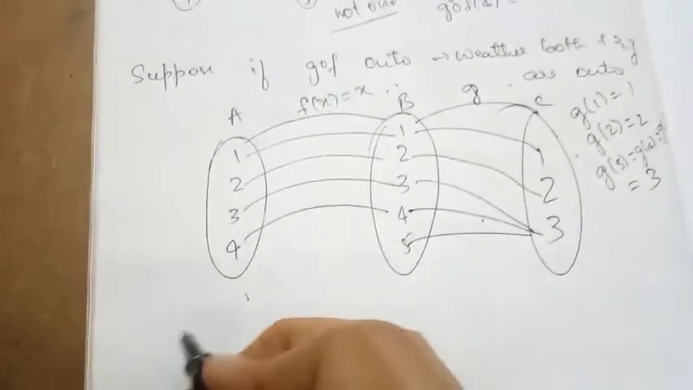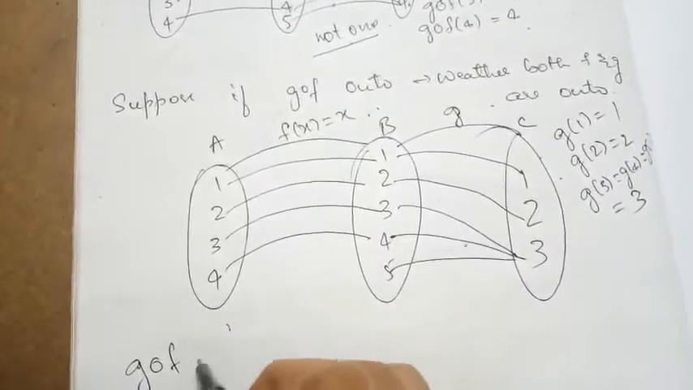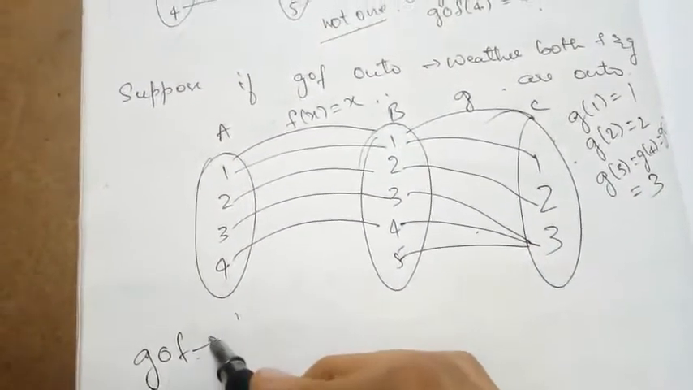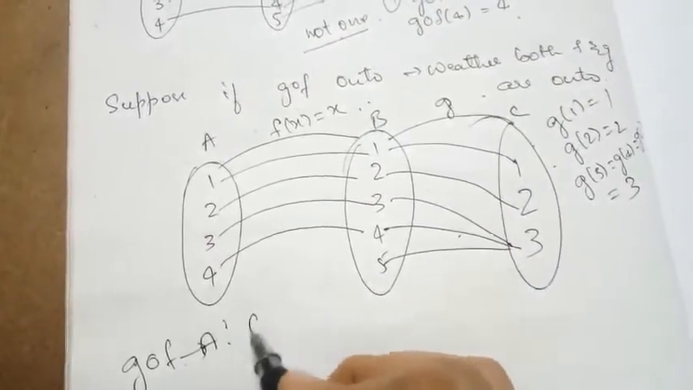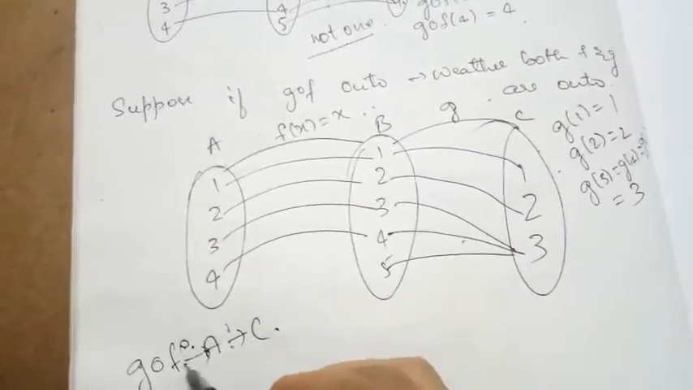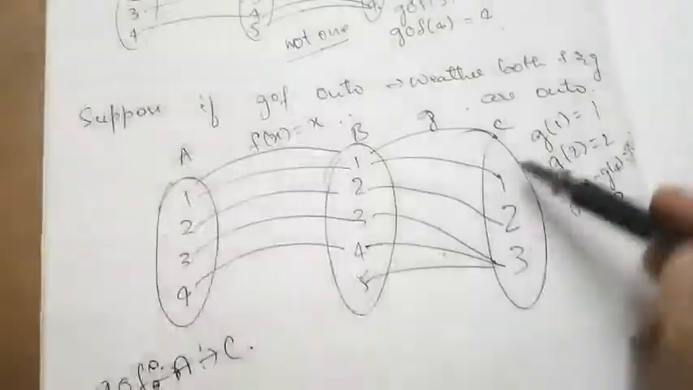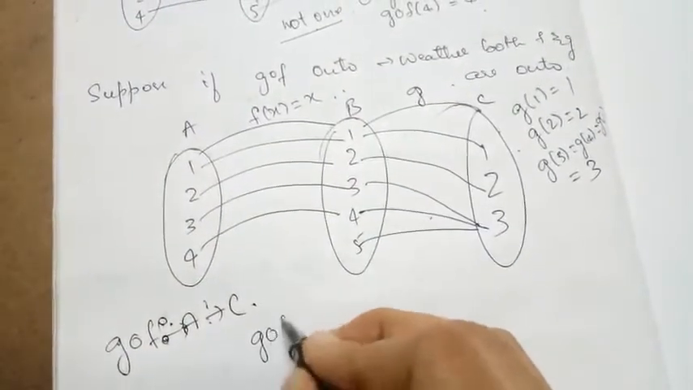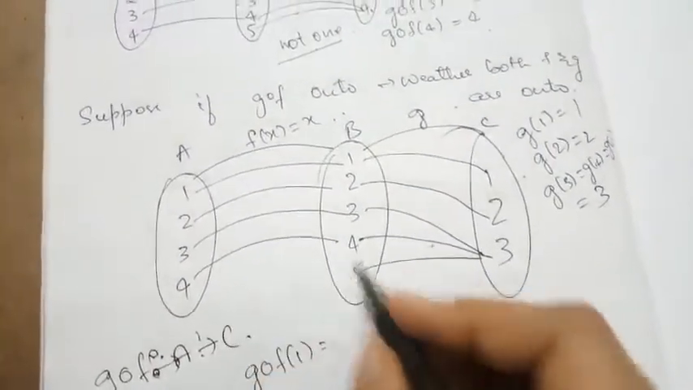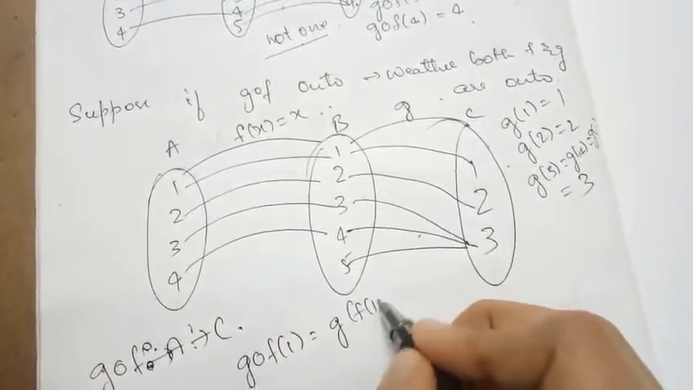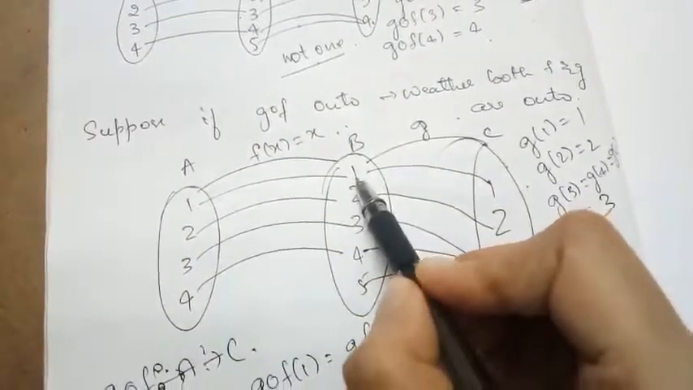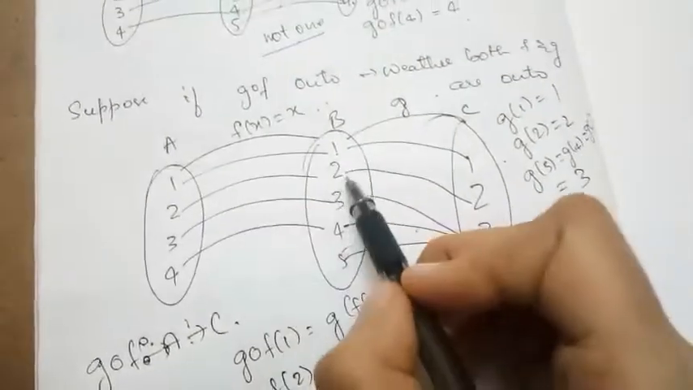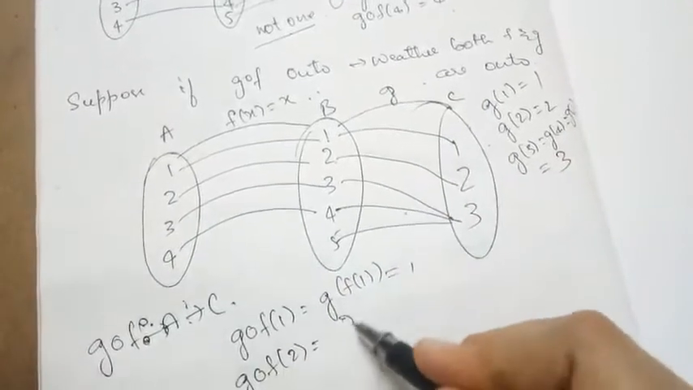Now let us check first whether G of f is onto or not. Clearly, when I say G of f, it means the function is defined from set A to set C. So all the elements of the set C are occupied. You can check it. If I take G of f of 1, what happens? F of 1 is 1 and G of 1 is 1. So G of f of 2 means f of 2 is 2 and G of 2 is 2, and